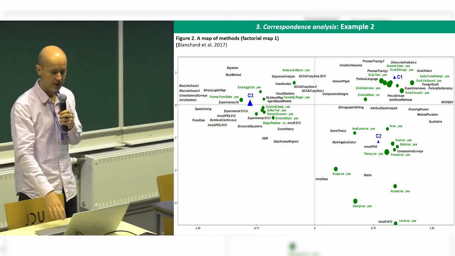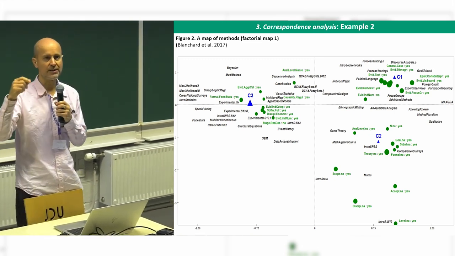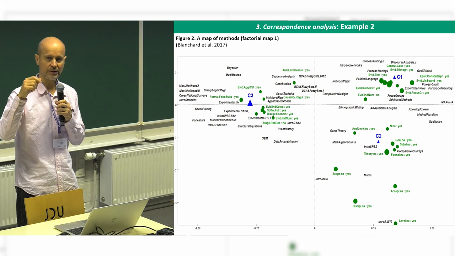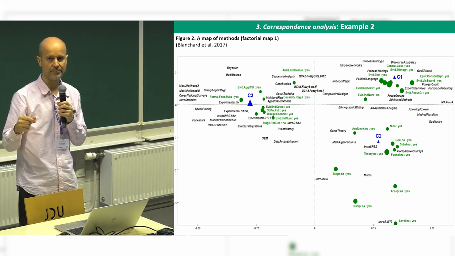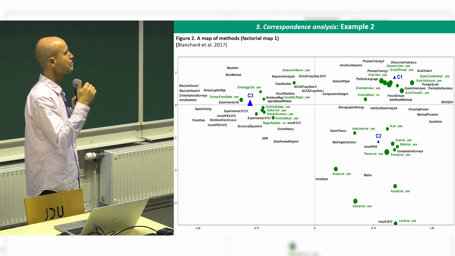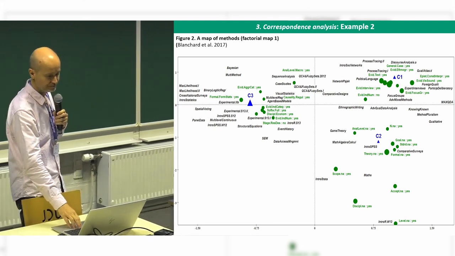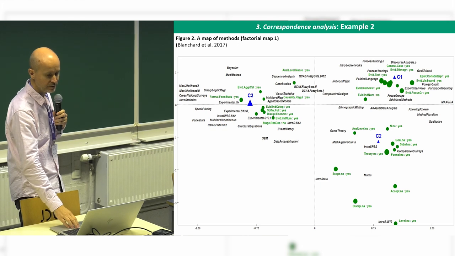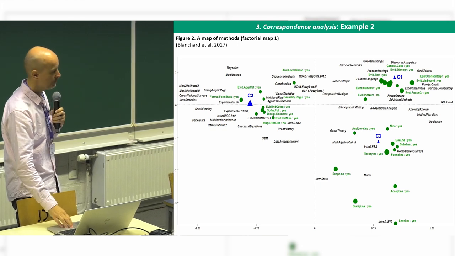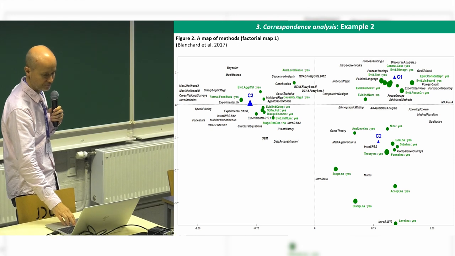So we could place each of the courses within a certain landscape of characteristics of methods in terms of research practice and in terms of teaching experience for users who were the targets of this. That's been published some time ago, and you can have a look at it if you wish. You'll get more detail there.